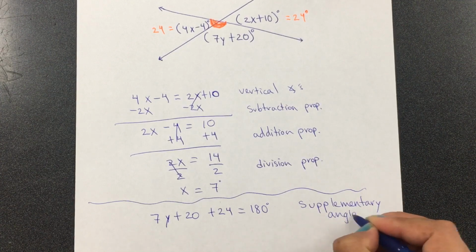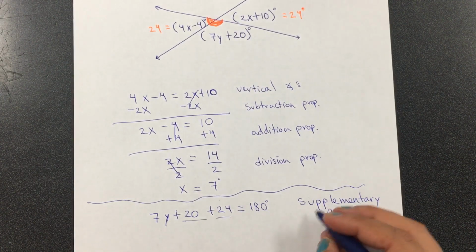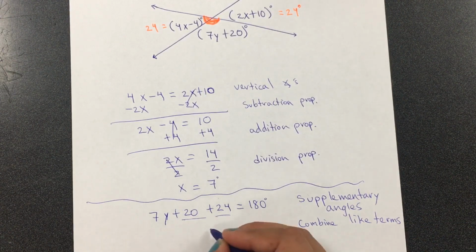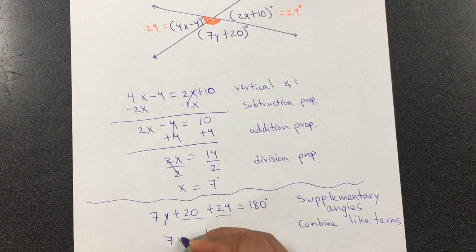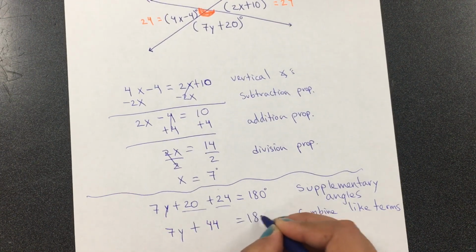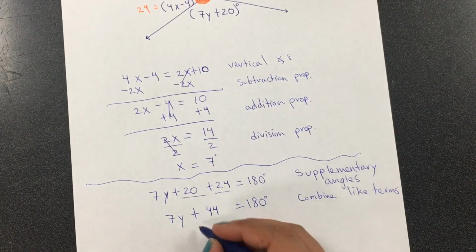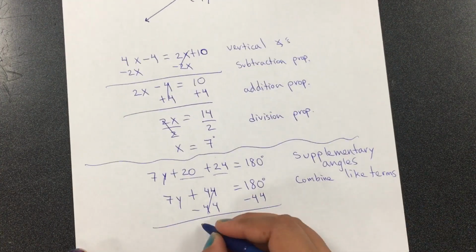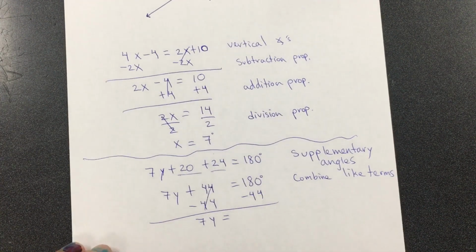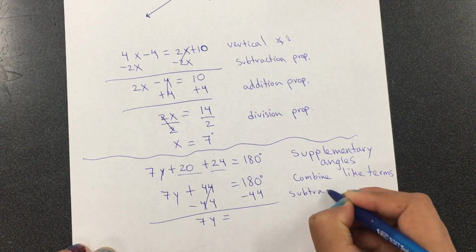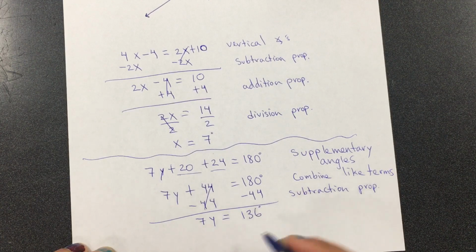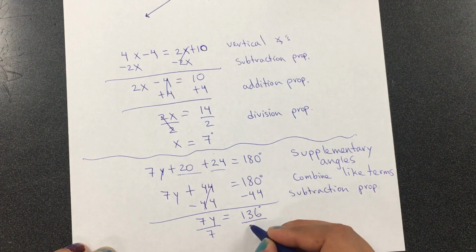They're adjacent to each other. And we combine like terms, and what do we get? 20 plus 24 is 44, and bring down the 7y and equals 180. Next we subtract 44 from both sides, and so 7y is equal to, this is the subtraction property, we get 136. Finally, we're going to divide by 7,